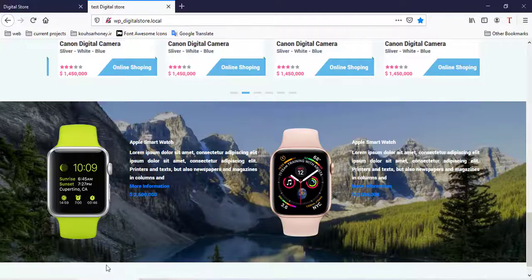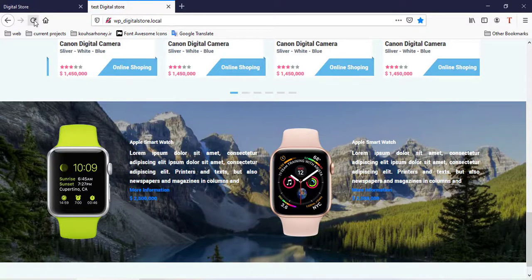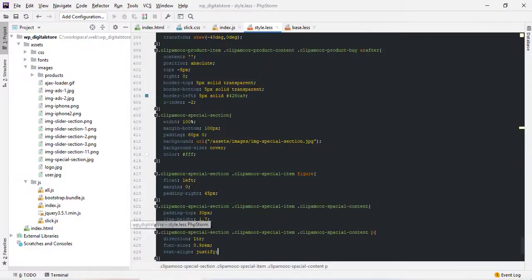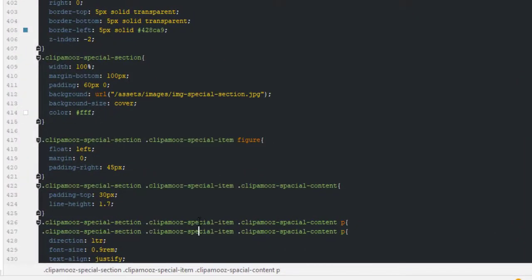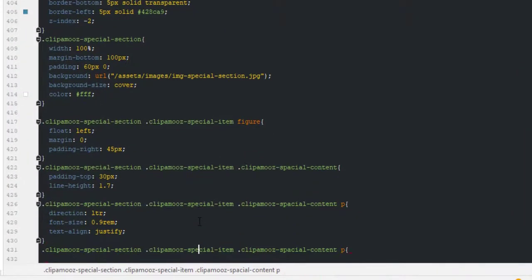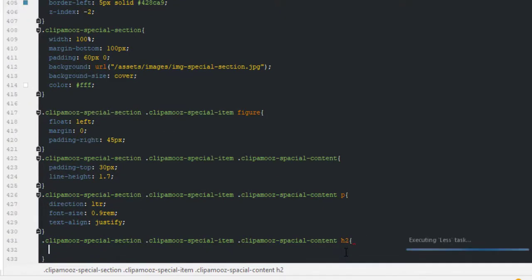Refresh and test. Okay, now add special content H2. Control D, Control Shift cursor button H2. Margin bottom 15px